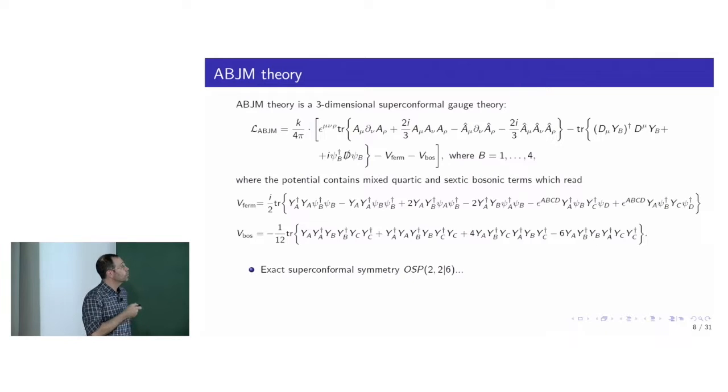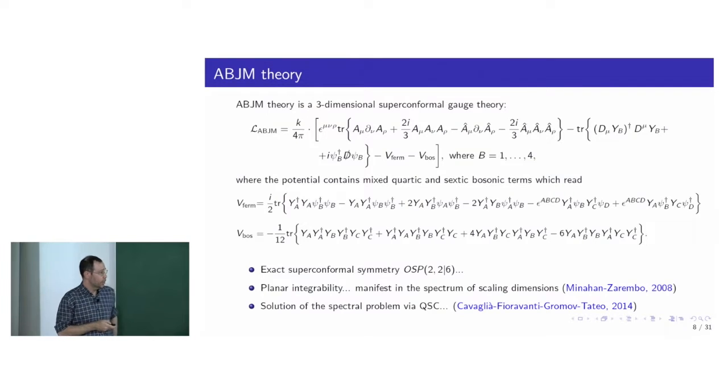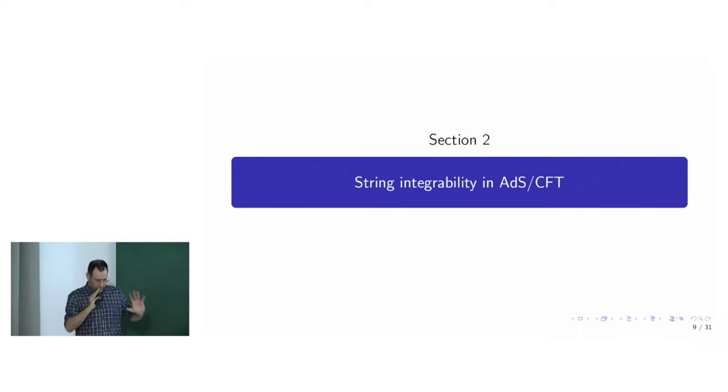And so now the same is true for ABJM theory, which is again a gauge theory with conformal symmetry, and maybe a richer potential structure with sextic and mixed quartic interactions. And again, this was shown to be integrable with regard to its spectrum by Minahan and Zarembo again. And again, there is a solution of the spectral problem of this theory by quantum spectral curve. So much for the gauge theory side of these theories, and now I'll be going to the string theory side,